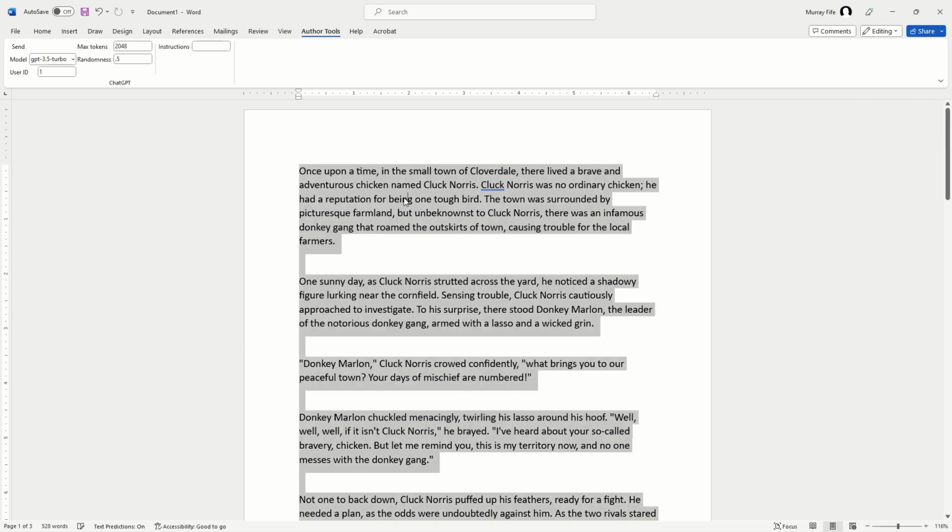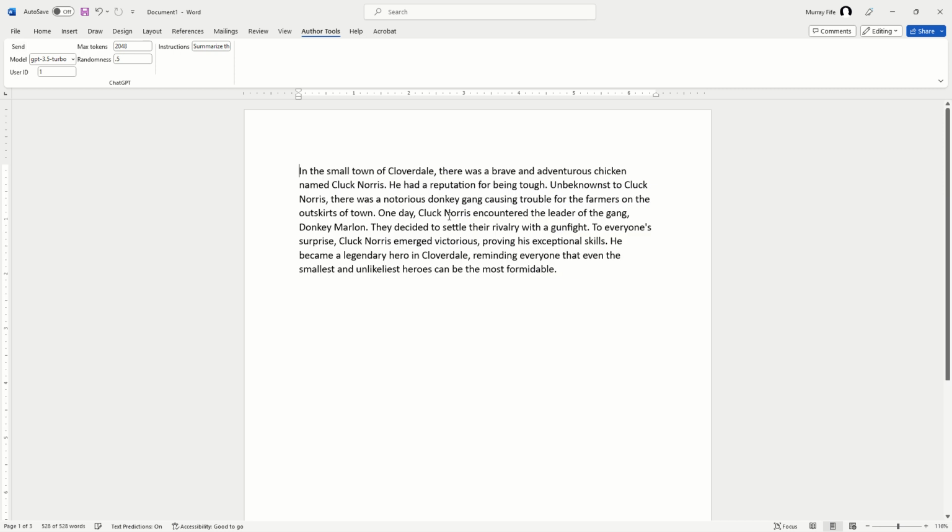Now what I can do is I can select this, and I've got another option here, and I could say summarize this. So I'm going to say to take the story that it went out and created and summarize it. So now it's sending all that information back, the story about Cluck Norris and the donkey, and then it's created that summarization for me. Now, if I wanted to, I could expand on this,